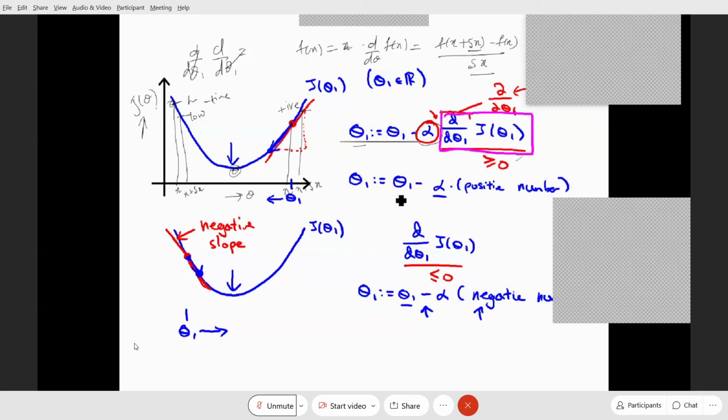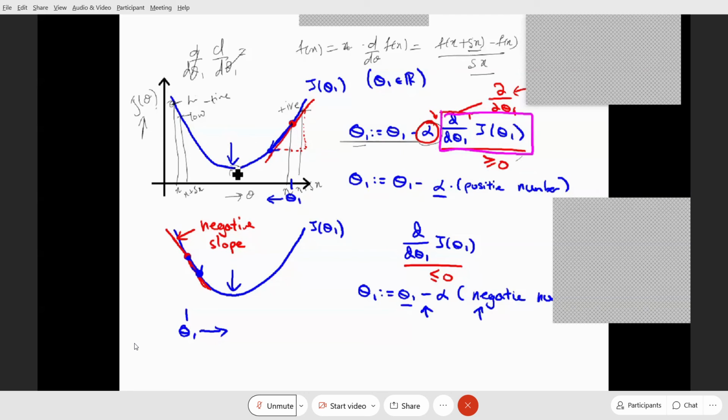I'll give you an example. If you're blindfolded and you have to climb a hill, you're standing at some point and you don't know which direction to go. Probably you will sense all four directions and find out whether you are going up or going down. You'll take a small step and find out whether you're going up or down. If I'm going up, I'm on the right path, keep going ahead. If I'm going down, then probably I need to go in the opposite direction, right?